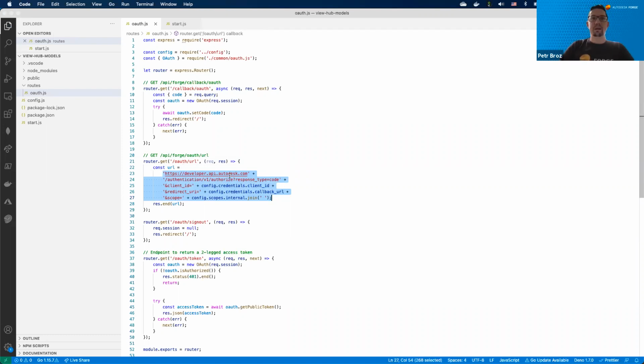So it's going to be developer API autodesk.com/authentication/v1/authorize. We're going to include the client ID of our application. We need to include the callback where the user should be redirected to when they log in. And be careful here, this has to match exactly the URL that we've configured in our Forge app on the Forge portal. And finally, a list of scopes separated by spaces, but for a URL,